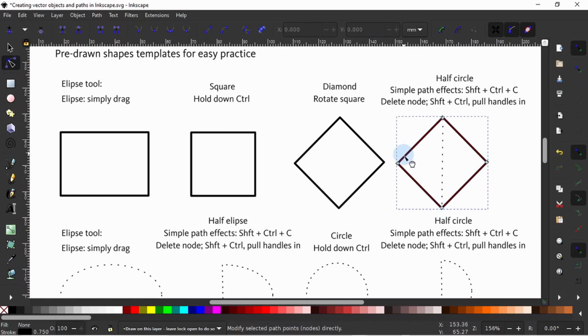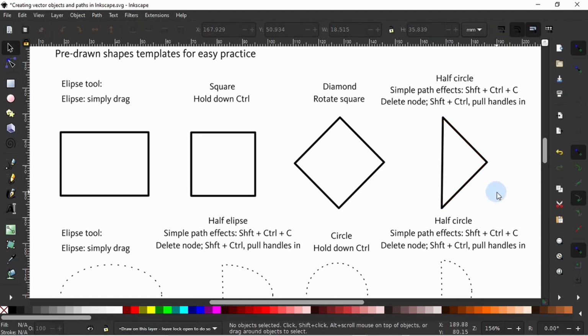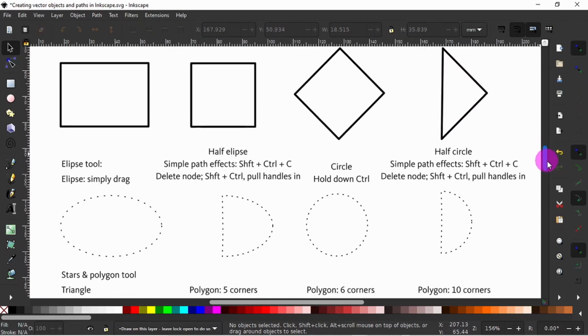To have a triangle, we need to delete one node. What I'm going to do is to click on this node on the far left to have it selected, and then press the Control key on my keyboard and then delete to remove that node. And we have created a new triangle shape. Awesome. So now that we have covered the rectangles and squares tool, let's move on to the next row and